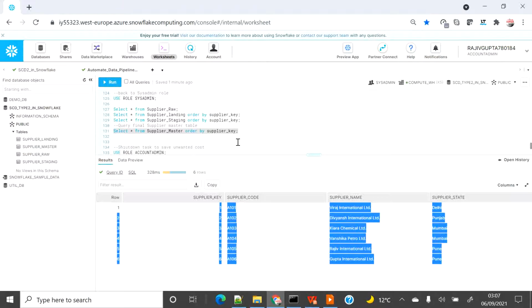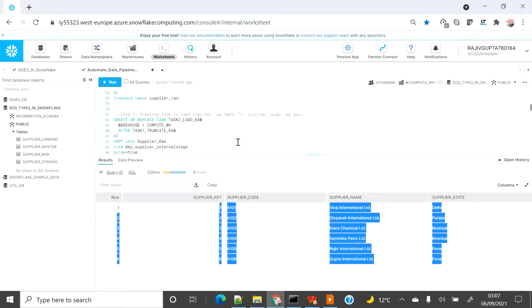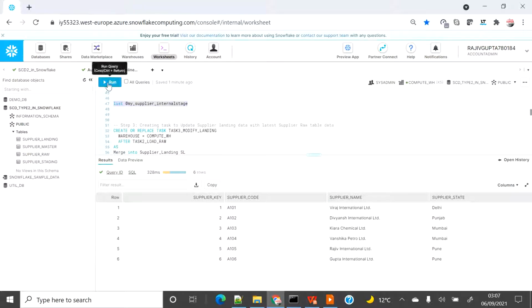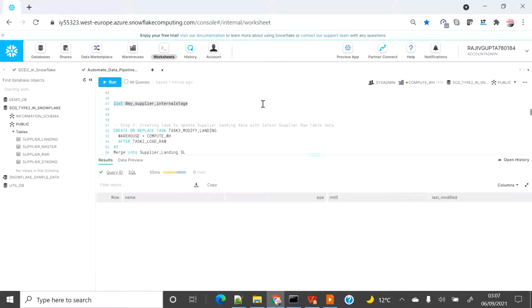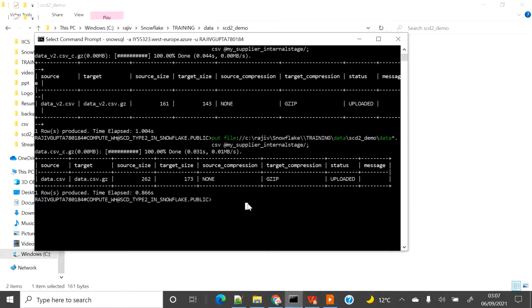So now if we go back here on the top, let's see if we see any data on the internal stage. We don't see anything because that was truncated or removed from the internal stage using the copy command. Now that we have already done the data load for the first data file, let's start with data file version 2. So let me reload this and let's see whether our delta is updated there or not.